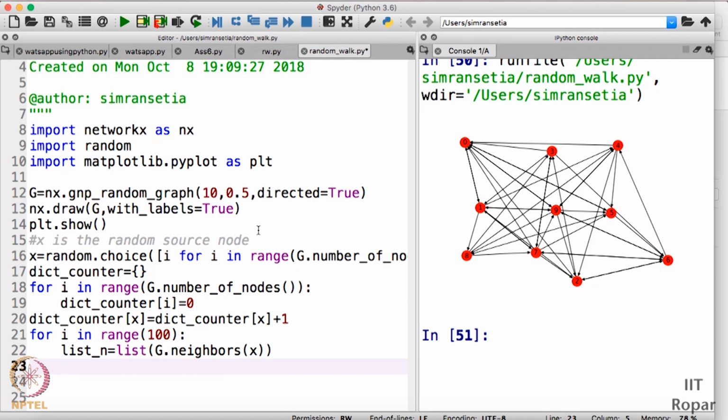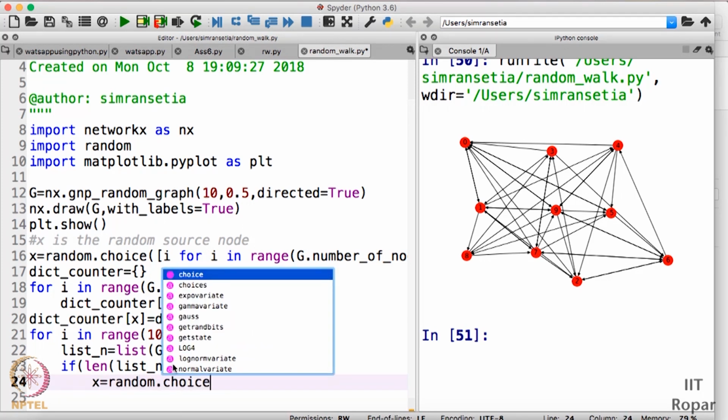So I'll write if length of list underscore n is equal to 0, then that means this is a sink, it has no neighbors. So I'll write then x will be random dot choice.